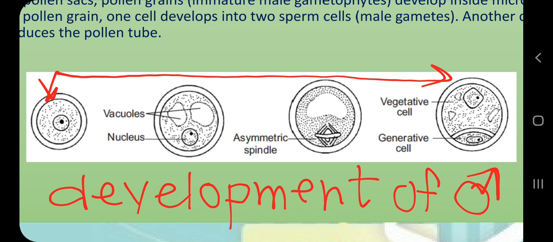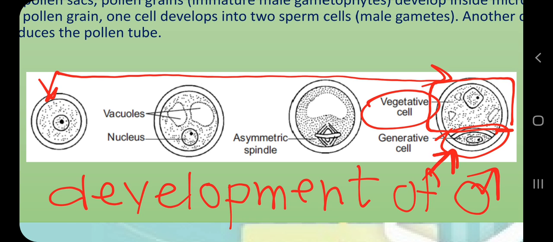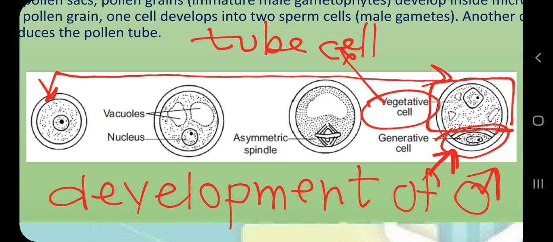So this is a single cell which is called microspore, and this is a structure with two cells which is called a pollen grain. What happens is simply the single cell divides and there are two dissimilar sizes of cells. One has more cytoplasm, another has less cytoplasm. The cell with more cytoplasm is called the vegetative cell or tube cell, because when the pollen grain germinates, this tube cell will transform into the pollen tube. The other, comparatively small cell is called the generative cell. Although they have equal nuclear content, they have unequal cytoplasmic content.